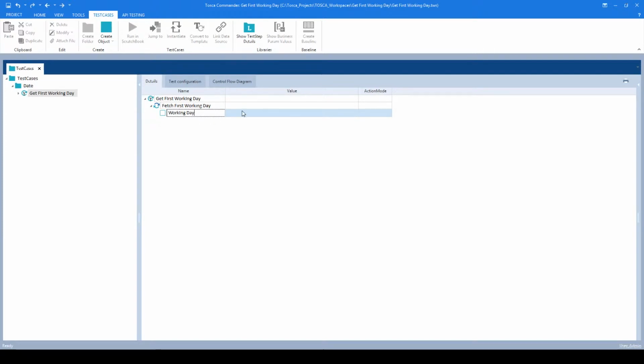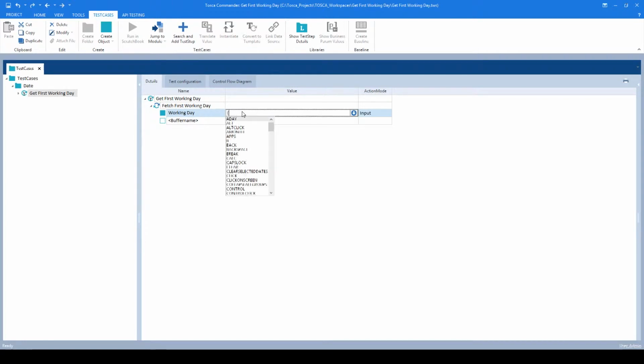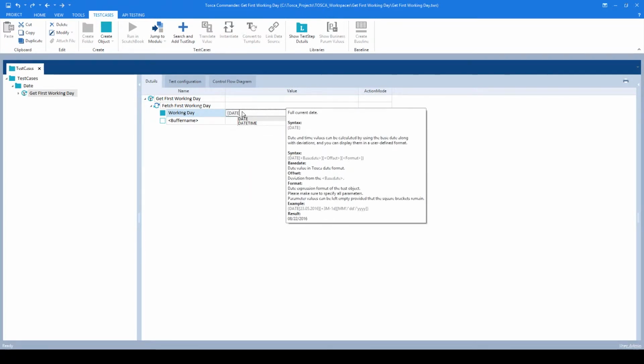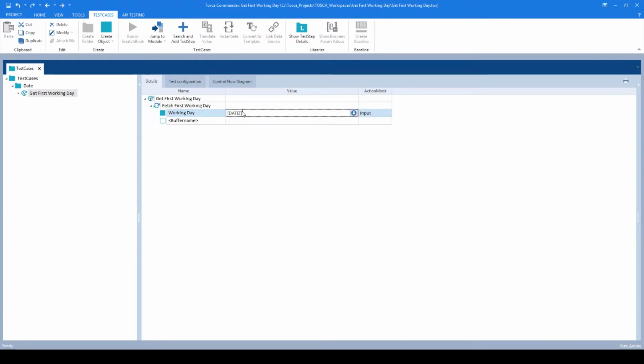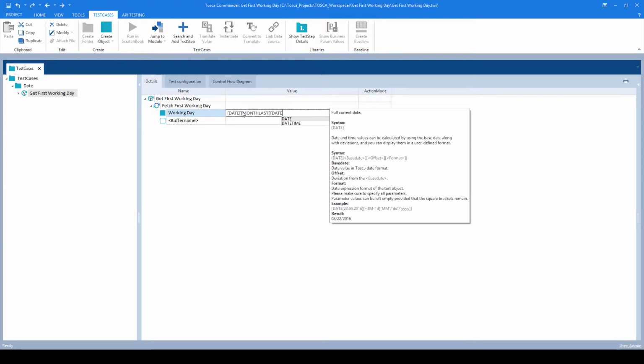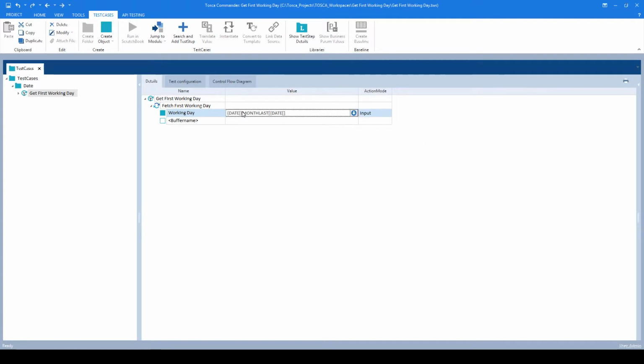working day, and in the value column I'm going to give a syntax as open curly braces, date, open square braces, open curly brace, month last, open square braces, open curly brace, date, open square braces, one set of square brace again, and inside that I'm going to give a value as -1